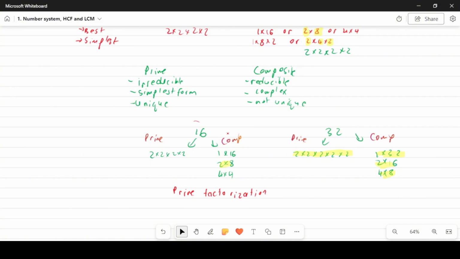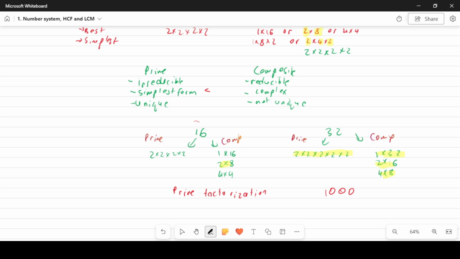Right? So I want you to write this down. Prime numbers are crucial in mathematics because they are the building blocks of all natural numbers, more specifically composite numbers. So if you look at any composite number, even 1000, it can be expressed in the simplest form